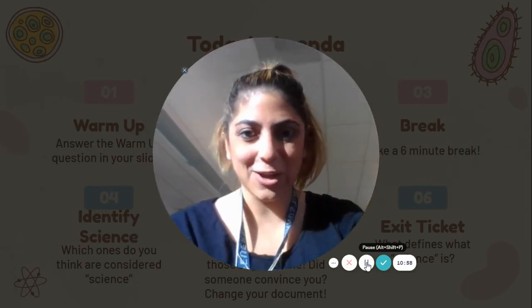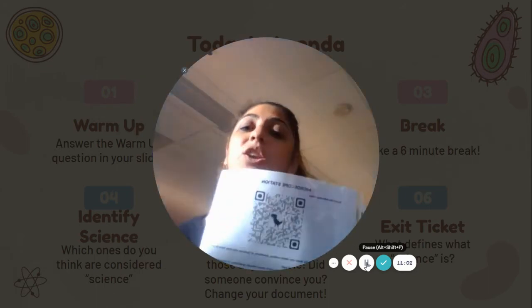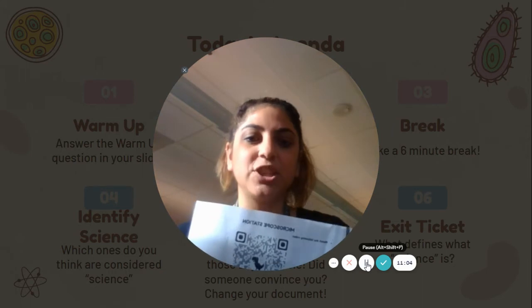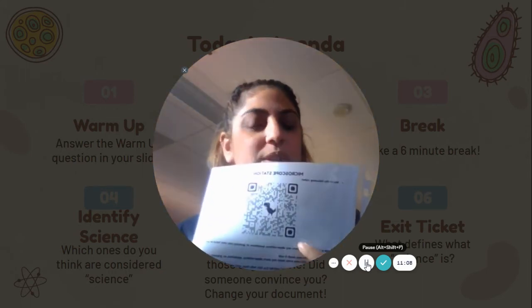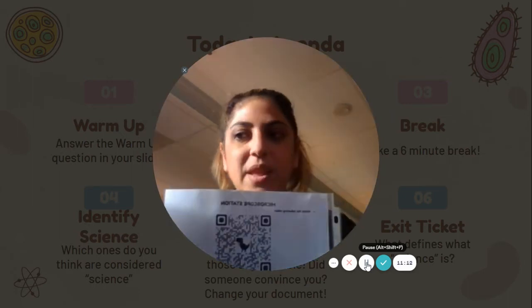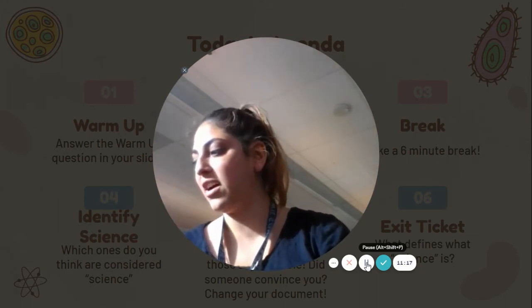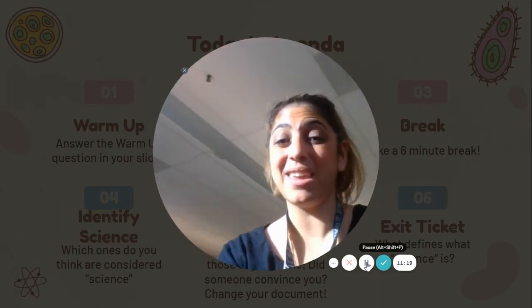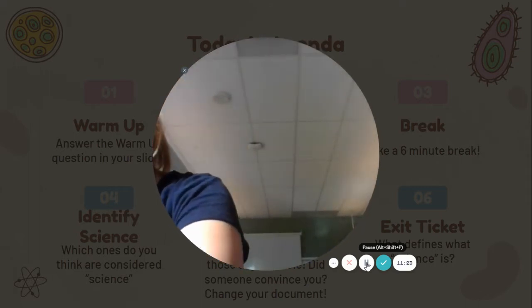Next, we have the microscope station. So like I told you, the directions are right there. In order to use the microscope station, you must watch the video. The QR code is right there. You cannot use the microscope until you watch the video. One thing I've noticed is that not everyone is taking very good care of the slides, and that might mean you didn't watch the video. So be mindful when you're handling the slides.